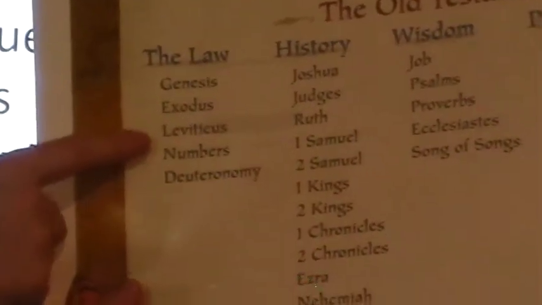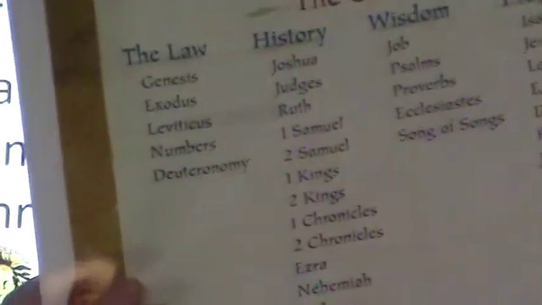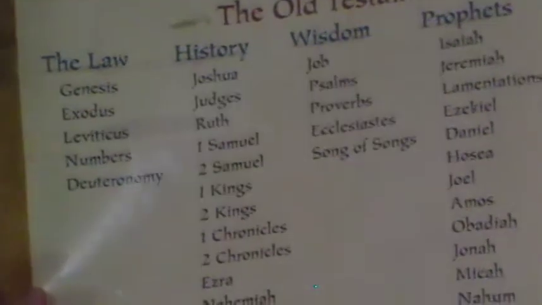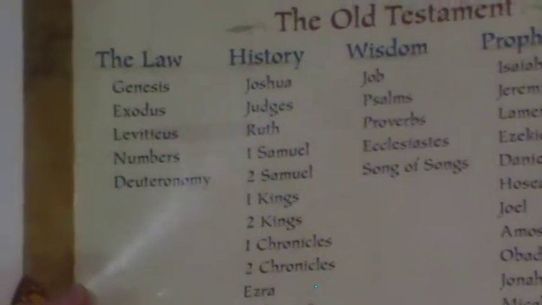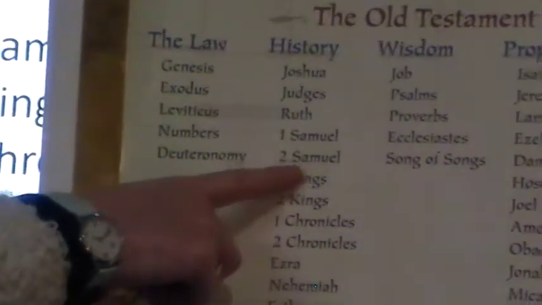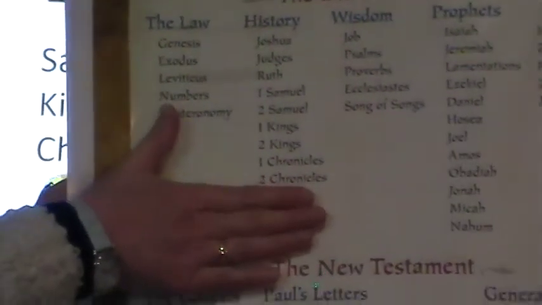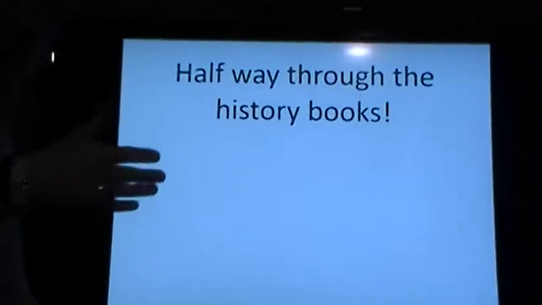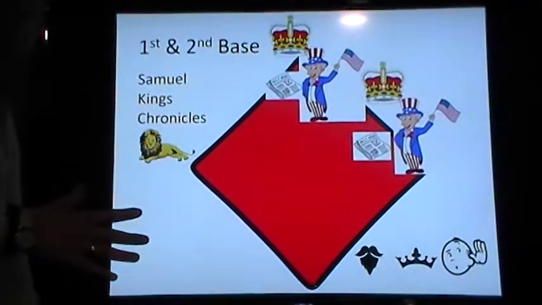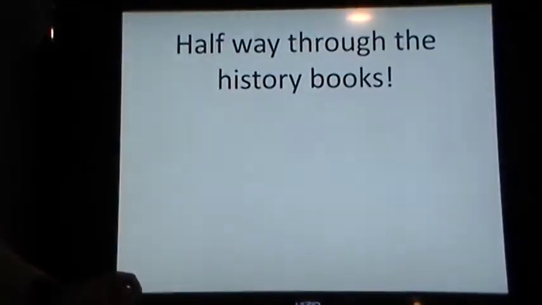Genesis, Exodus, Leviticus. Smear that on your number, and then your Deuteronomy. Joshua, Judges, Ruth, safe. Then 1st and 2nd Samuel, 1st and 2nd Kings, 1st and 2nd Chronicles. Look how far you've come already. You're doing great. Okay, now from second base to third base, we have a bit of a problem because there